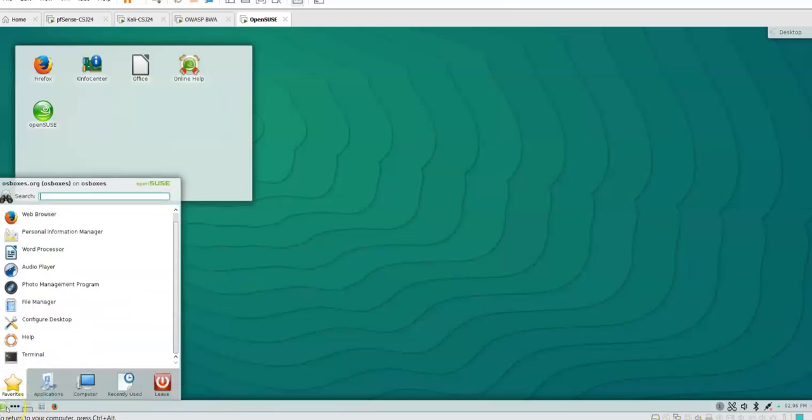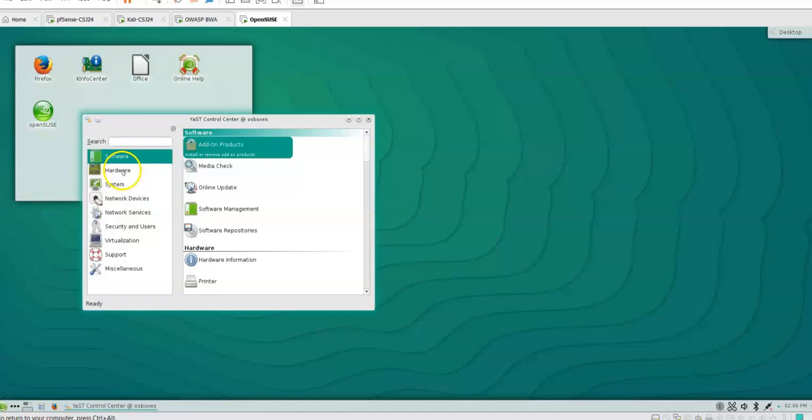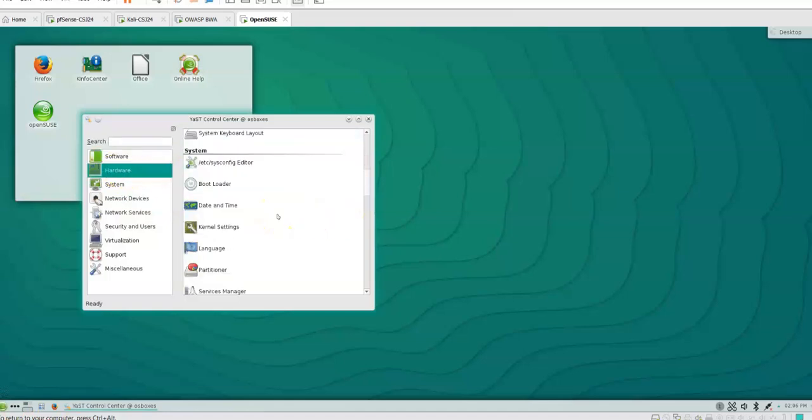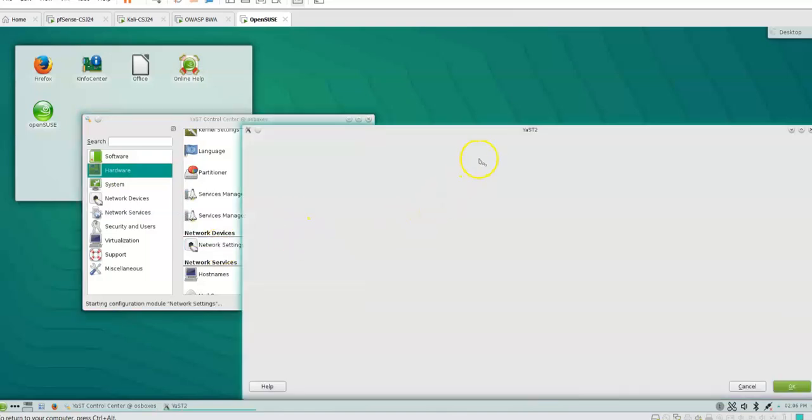Okay, the next thing now to do is to configure the networking. So on the bottom left, if you click on network and if you click on YaST, then you can select hardware. So look for network devices or network settings. So if you click on that,